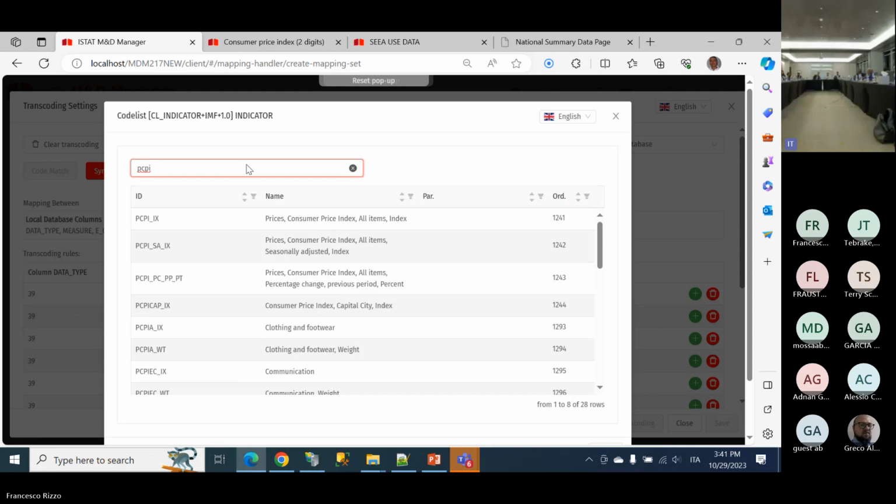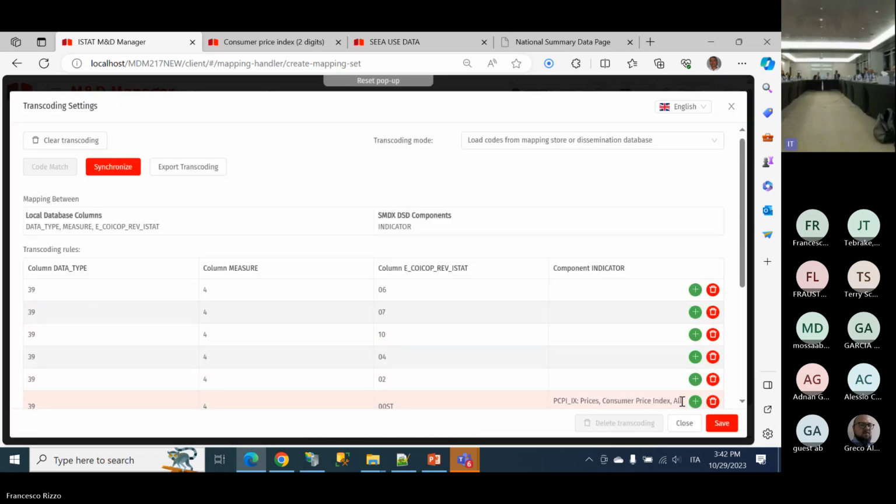Just for demonstration purposes, I cut it, but the system manages very well long code lists, more than 111,000 elements, because there is pagination here with the scroll, not page 1, page 2, but with the scroll. Okay, so the system is able to manage it, but for the purpose, I